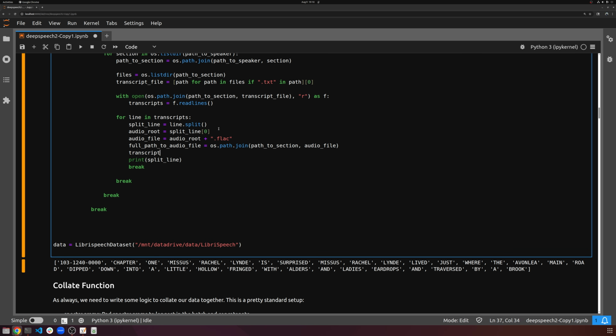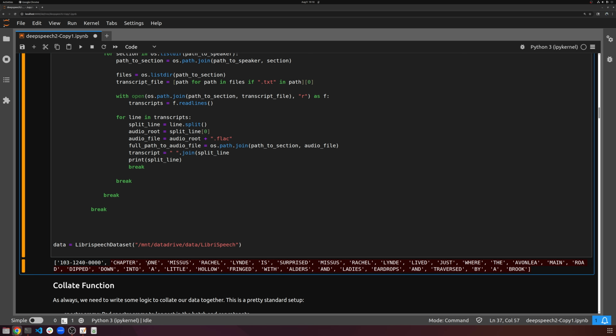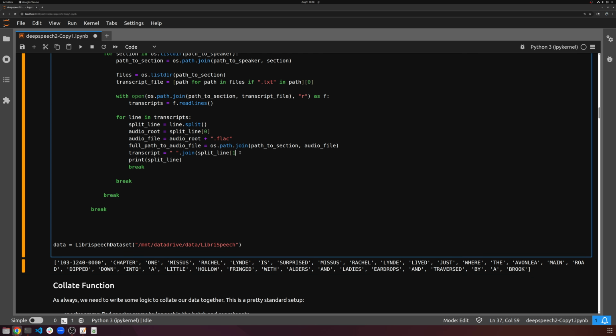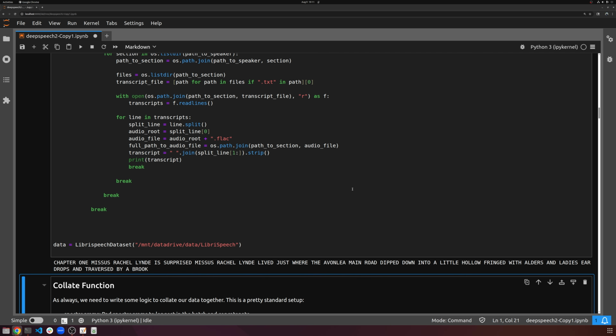And then our transcript is going to be, we're going to put it back together, .join, split line, and it's going to be everything else, right? So 1 to the end, ignoring this first thing. And then just in case there's any extra random white spaces, we'll clean that up with the strip. So print transcript. Strip will get rid of any new line characters or anything. So this is our corresponding